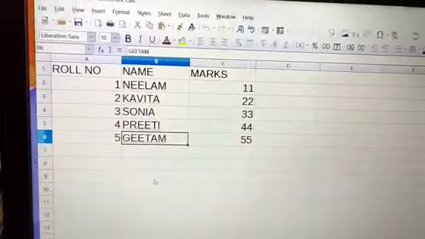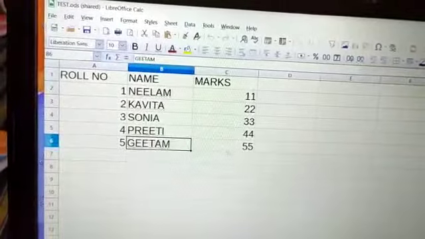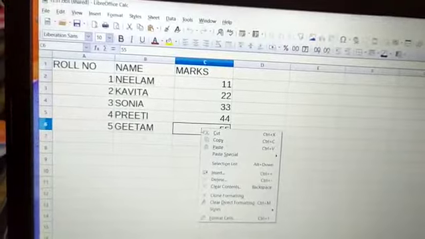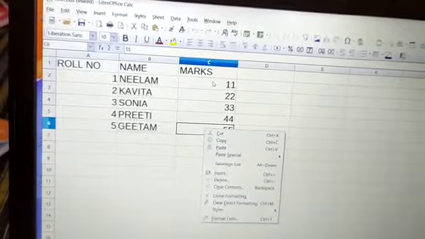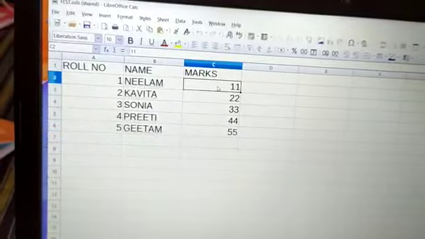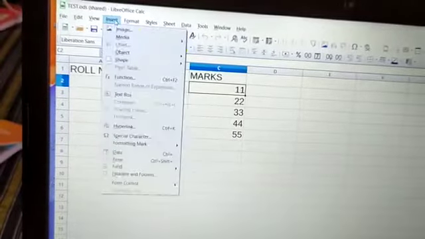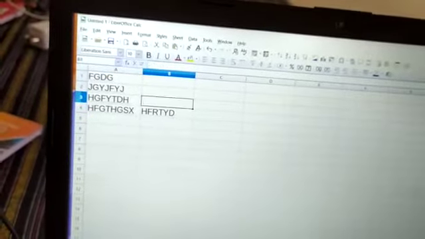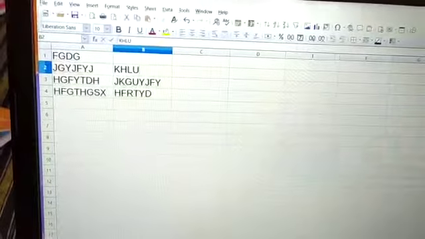Clear, my dear students? Now next point is insert comment, meaning how we can insert a comment. Suppose that these are the marks. I just click in this cell, click on insert. Just wait, I'll make a new document because that document was in sharing mode. That's why I'm not able to insert a comment there. Suppose that some dummy data I write here and now I want to insert a comment.